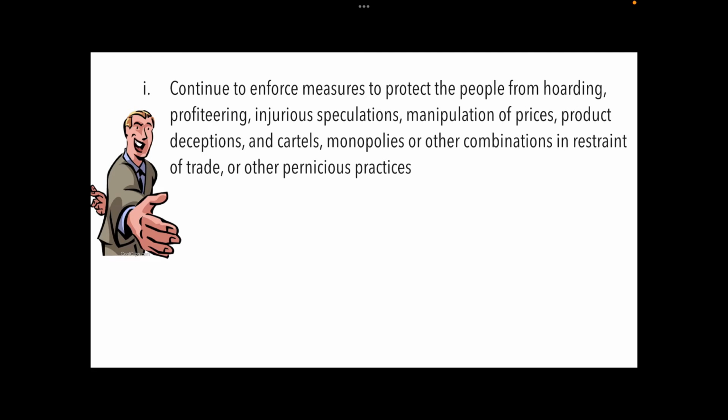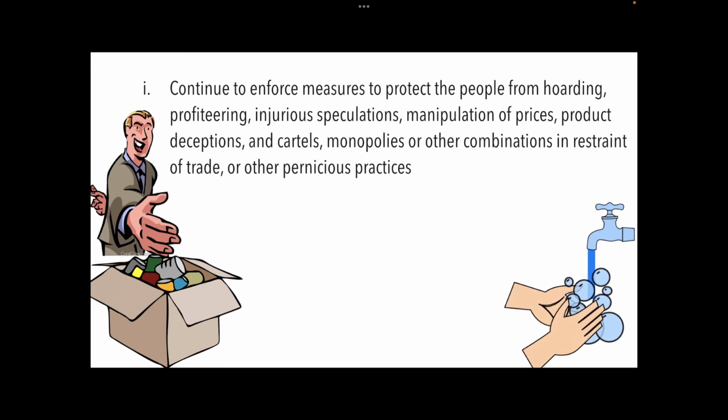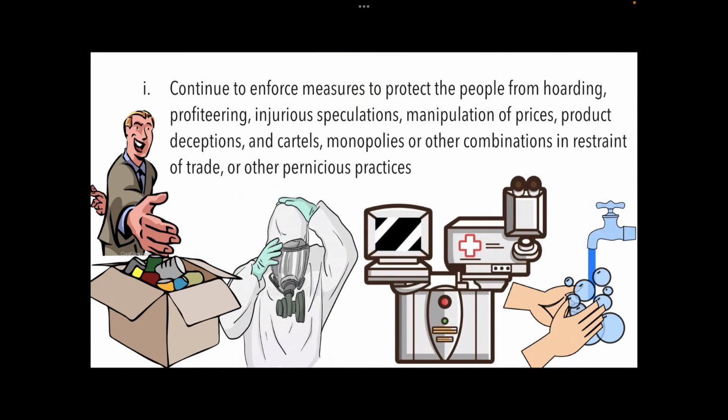Next is to continue to enforce measures to protect the people from hoarding, profiteering, injurious speculations, manipulation of prices, product deceptions, and cartels, also monopolies or other combinations in restraint of trade or other pernicious practices that may affect the supply, distribution, and movement of food, clothing, hygiene and sanitation products, medicine and medical supplies, and other materials, including machinery, equipment, or spare parts, for example, required in agriculture, industry, and other essential services that are necessary during this pandemic, whether imported or